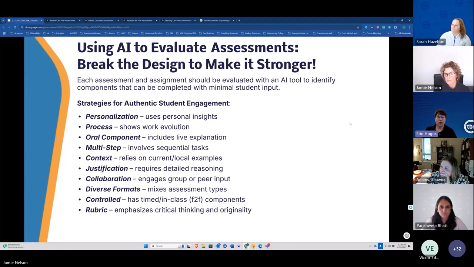So in those that you already have, that you're using in your courses, this is a perfect example. Also, just adopting this lens and evaluating anything that you're getting back through your AI tools to ensure that we're reducing over-reliance of the AI tools on our students and increasing their authentic student engagement in these assessments and assignments. So here are some ideas and strategies that you can incorporate into your assessment design that will help with that